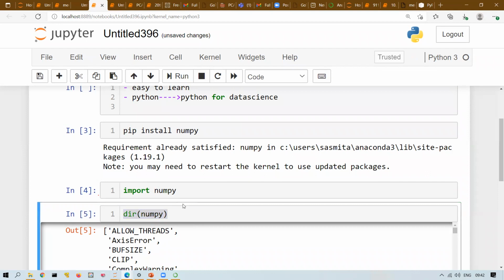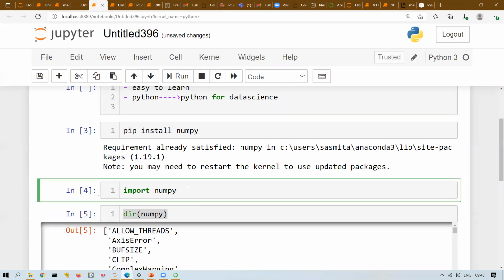Any questions so far? No, ma'am. Okay, so we're all good. I will pause here because this is a very fresh batch. I don't want to rush. So today you complete these two things: install Python and study Jupyter Notebook. Let us connect tomorrow. We will be starting with other core Python concepts.